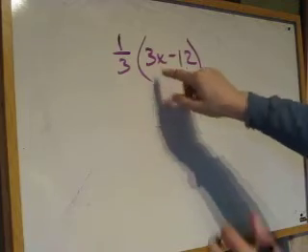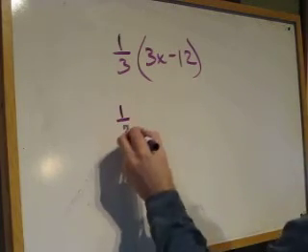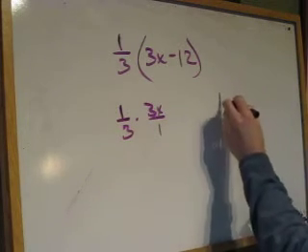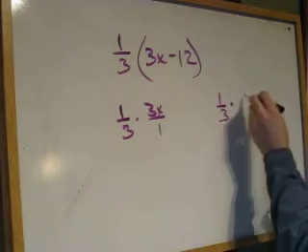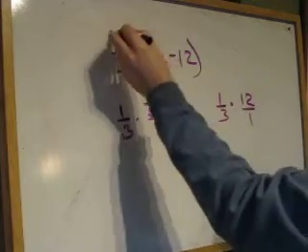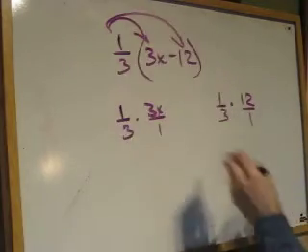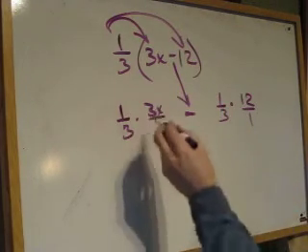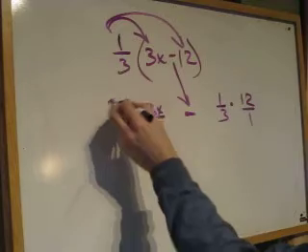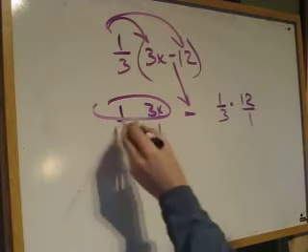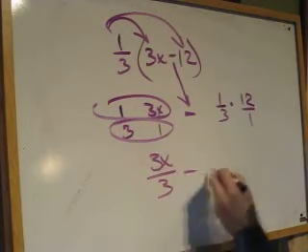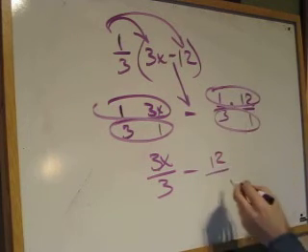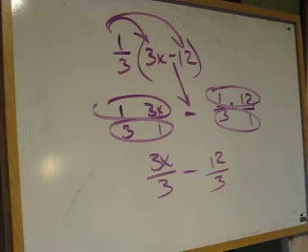So we're going to take our 1/3 times 3x. So 1/3 times 3x over 1, and then we're going to take that 1/3 times the 12 over 1. So we're taking this times this and this times this. With the minus sign, we're going to drag that guy down there. So 1/3 times 3x over 1 gives us, multiply across, minus, multiply across here, 12 over, multiply across here, 3. Alright, so we have